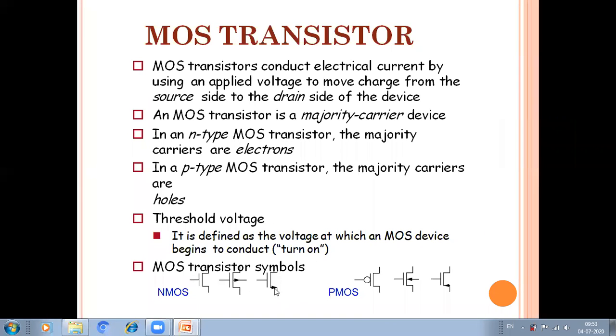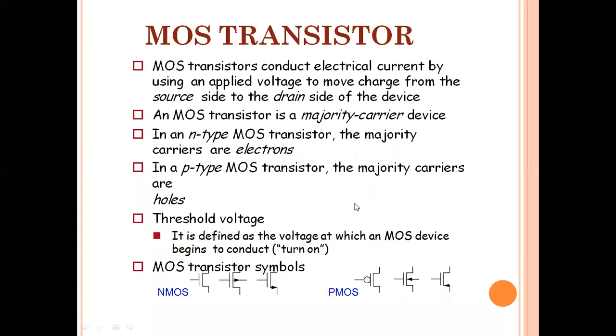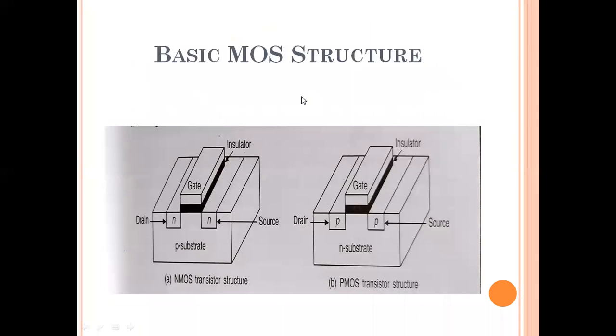Now the MOS transistor symbols. So this is the NMOS transistor symbol. You can represent it with different types of symbols for the NMOS, and also different types of symbols for the PMOS. The most popular symbol is the first one, that is the NMOS, where the parallel plate is there, and in the PMOS, a bubble is there with the parallel plate. So this is the most popular symbol within LSI circuits.